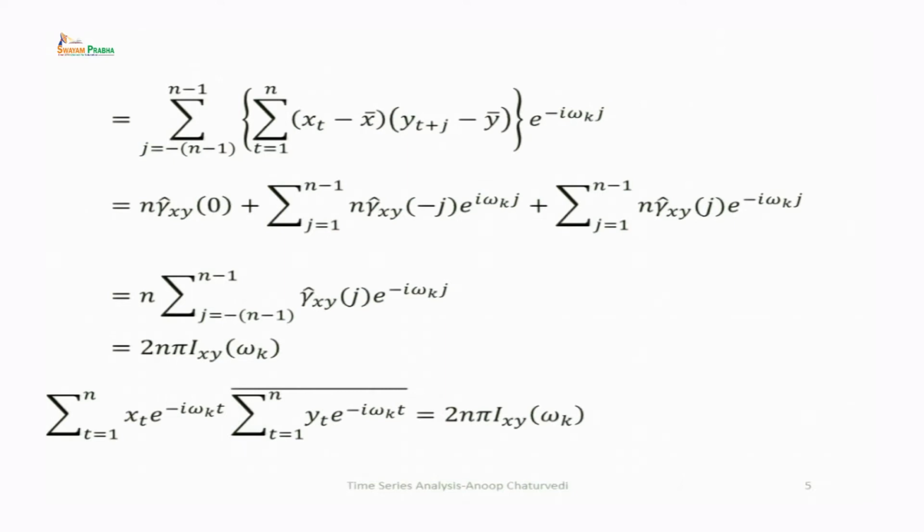Now, we interchange these two summations. We take summation over j outside and summation over t inside. So, inside you have summation over t of (x_t minus x bar)(y_{t+j} minus y bar), and then you can take e to the power minus i omega_k j outside this summation sign. And actually summation over t of (x_t minus x bar)(y_{t+j} minus y bar) is equal to